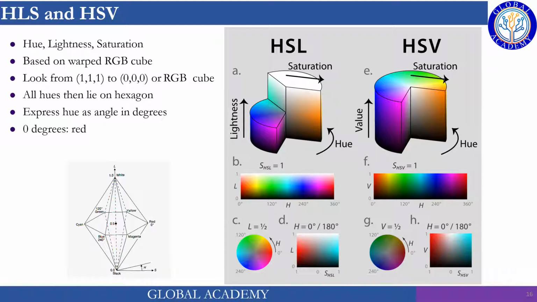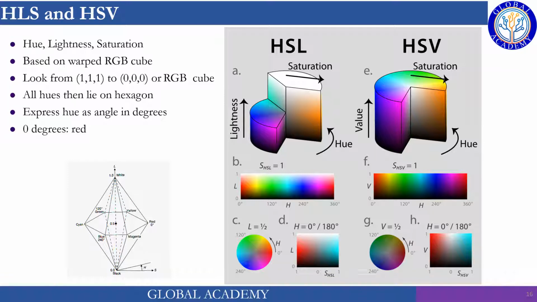And now we have HSL and HSV: hue, lightness, and saturation, or hue, saturation, value. It's purely based on human perception. We can transform any RGB color to HSV or HSL using slightly tricky transformations. We represent HSV or HSL using cylindrical coordinates, not the Cartesian coordinates as we discussed in the case of the RGB plane or RGB cube.